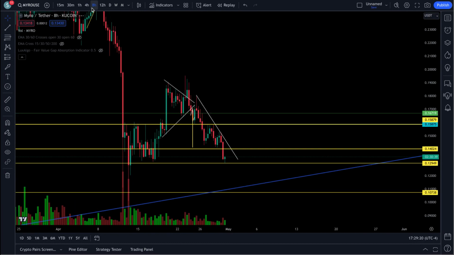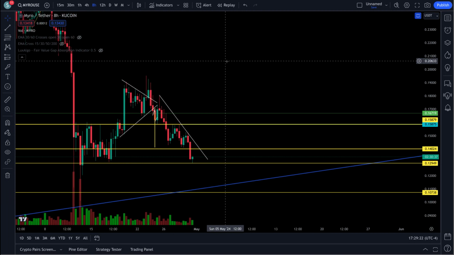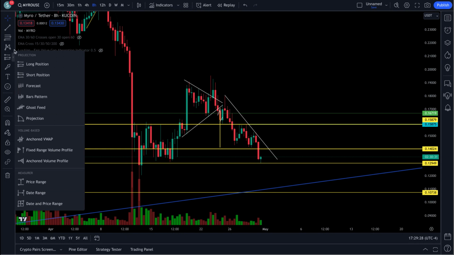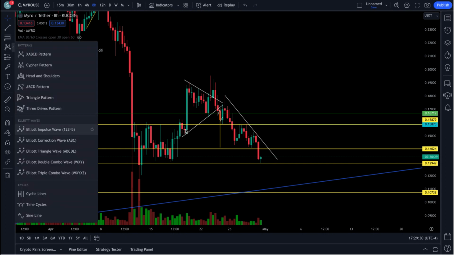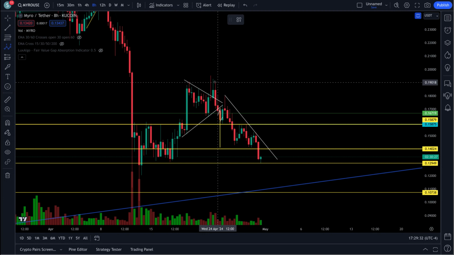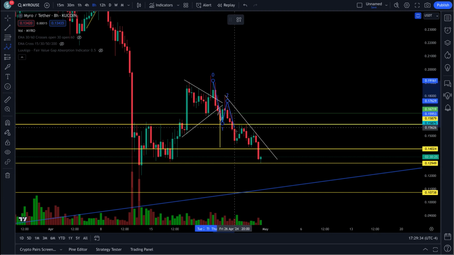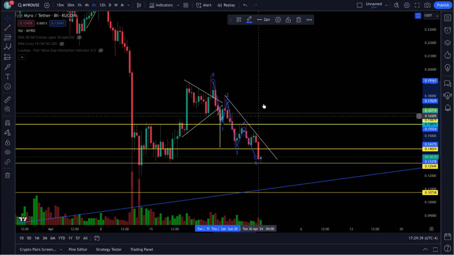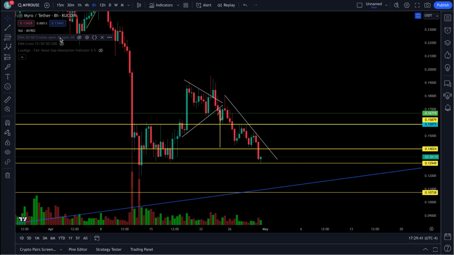Let's go on a bigger time frame. There we go, an 8 hour. Alright, you see what I'm talking about here. You can see the 5 waves down. It's just finishing that pattern out. It looks like instead of a bottom here, it ended up going 1, 2, 3, 4, and here's your 5th wave. Alright, and if we measure that out with a Fibonacci over here,